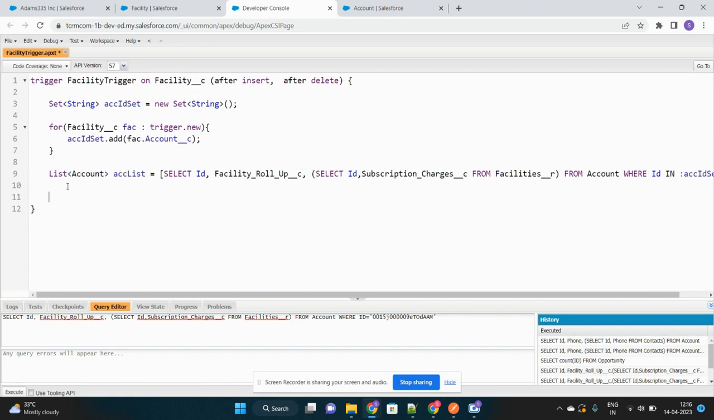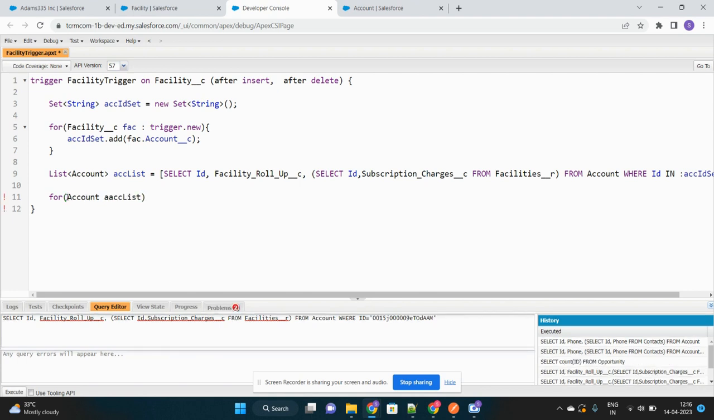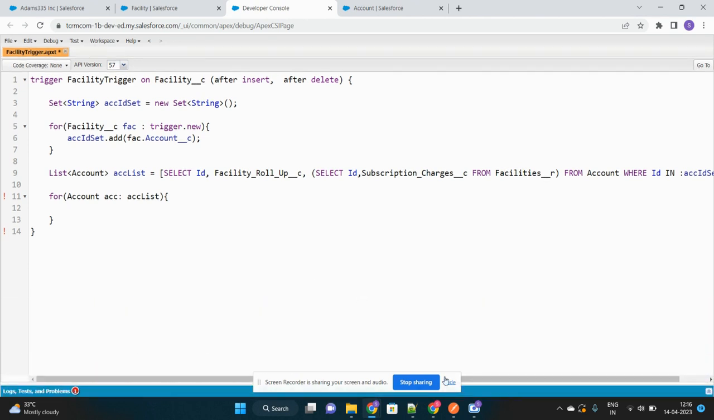Now I will move forward. I will now iterate this particular list. I have now fetched all the accounts related to those facilities, including the related facilities as well. So this is how I will use my for each loop. Then here my actual logical operation will start. What logic do I want to perform? I just want to